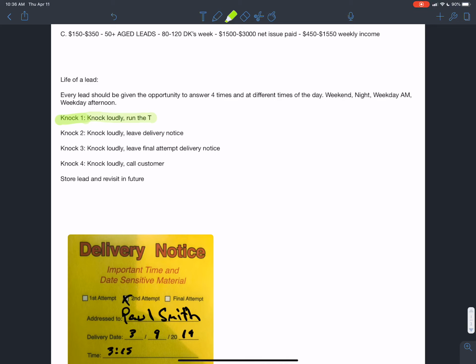Just like that, almost like it's the police, okay? Do not go up there, and hopefully they come to the door. Give it a good pound so they can hear it. Now, if they do not answer the door, or even if they do, say you get in the house and